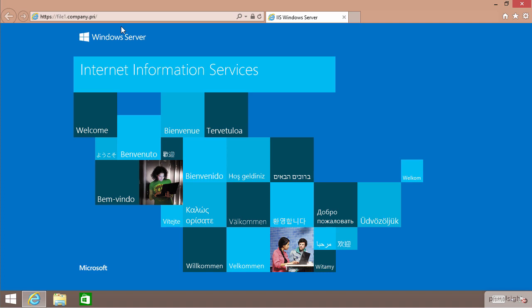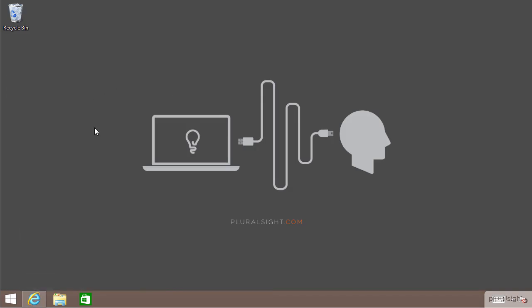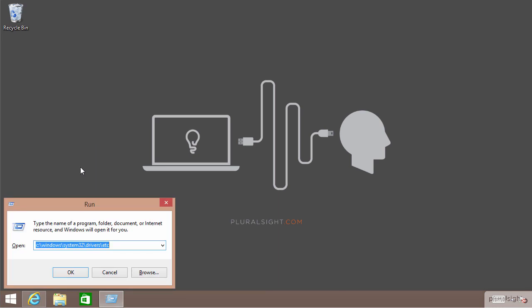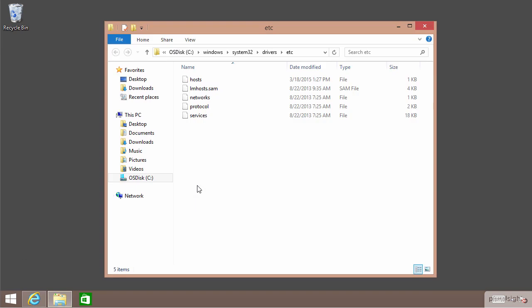One thing I should mention too, if you're planning on doing this at home, is that in order for this resolution to occur, remember that we had to have separate resolution for the outside and for the inside. And I'm talking DNS resolution here. And because we're using this sort of fake internet zone that we're creating here within VMware Workstation, let me just show you a real quick hack that you'll probably need to do in order to accomplish what we need. Let me bring up the location C Windows System32 drivers etc, which is the same location that we worked with back on Remote One, and also just a second ago when we needed to connect into some of these internal